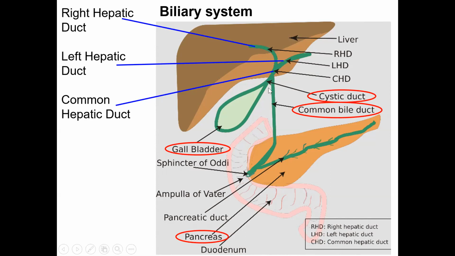Okay. So the important structures that we are interested in are the right and left hepatic ducts, the common hepatic duct, the cystic duct, and then the common bile duct. And then obviously the gallbladder and then the pancreas, which is here. Now the pancreas is also important here because it does release enzymes as well into the duodenum for breaking down